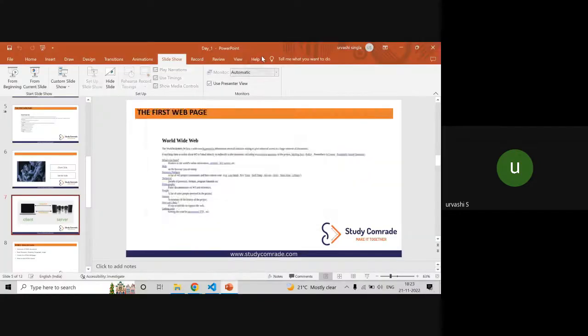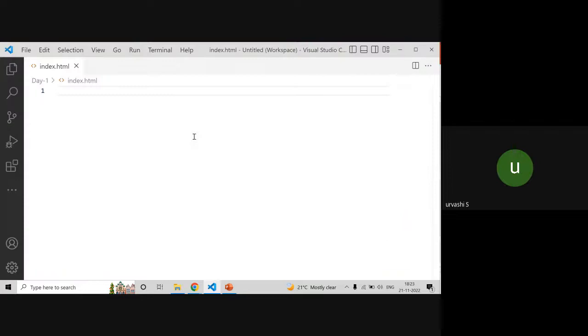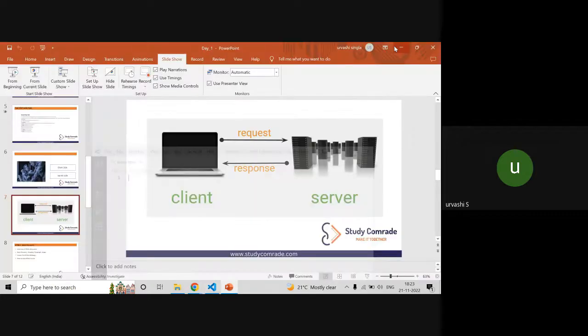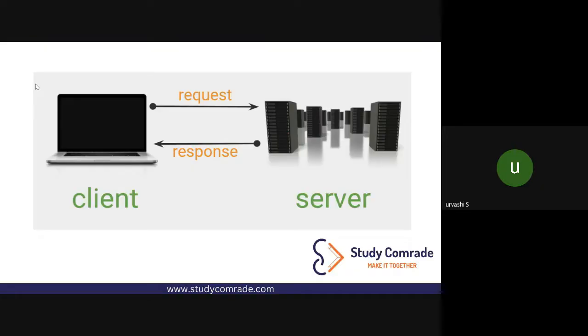So next question comes: where is your website going to be hosted? Let's say I developed my code here in Visual Studio Code. How am I going to give it to the people so that another person can also see the output or use this website? So where should I upload my code? The next question is this. For that, we always host our websites or the code that I've written on servers. This is very important. For now, for your training part, you can upload your code on GitHub or Google Drive.